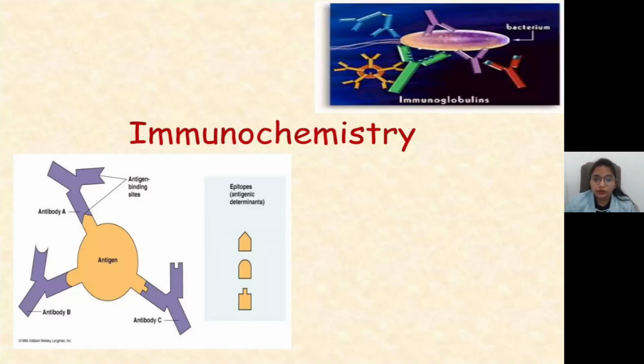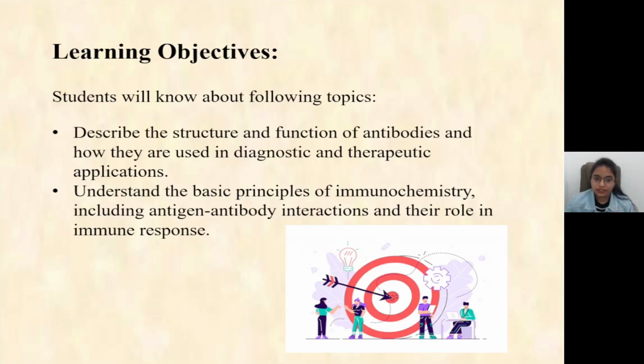So today we are going to discuss immunochemistry. What is immunochemistry? The objective of this class is to understand the structure and function of antibodies, and how they are used in diagnostic and therapeutic applications. What are antibodies, what types of antibodies do we have, and how can we use them in diagnostic and therapeutic applications? The next point is to understand the basic principles of immunochemistry, including antigen antibody